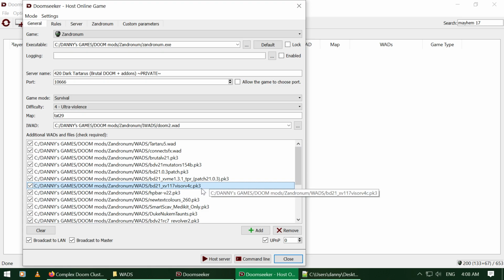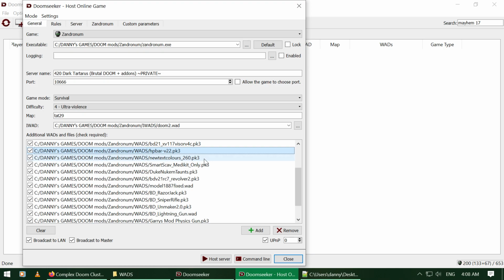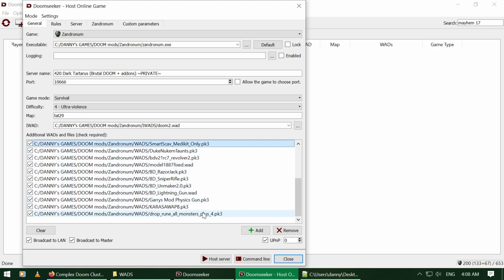And that's just a visor slash HUD, by the way. And the rest, HP bar, text colors, and then the add-ons. This is all I added myself. Pickups, medkits, anything in that one, some taunts, so you have more sounds if you want to use that. Weapon add-ons, fixes, you name it. All kinds of funny stuff, cool stuff, OP stuff. Whatever you want, there is tons and tons of add-ons.